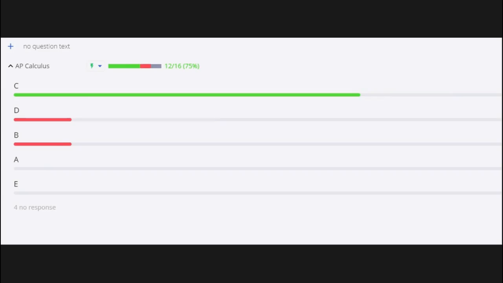13C, 14A, 15D, 16A, 17D, 18D, 19A, 20 is B, 21A, 22D, 23A, 24 is B,